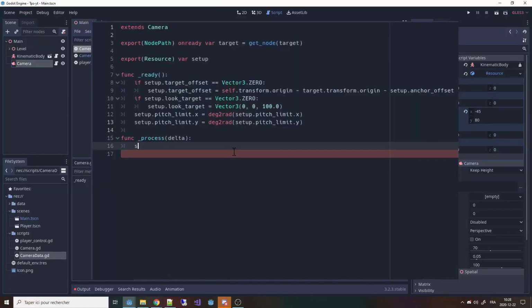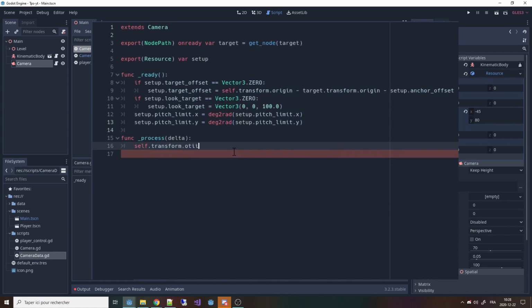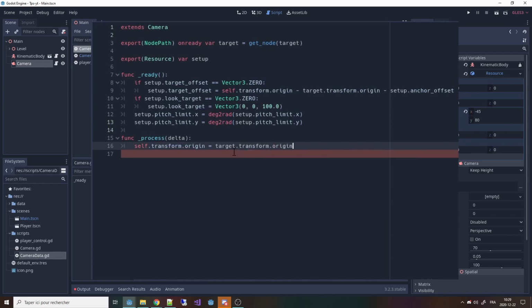So in our case, the first step is going to actually be every frame positioning the camera origin to the target's transform